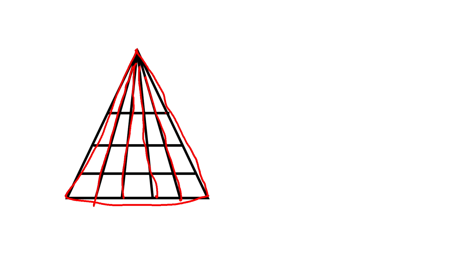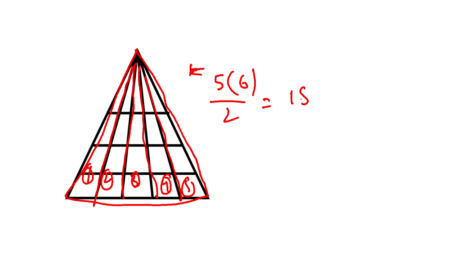For the time being, just forget these horizontal lines. Okay, so just 1, 2, 3, 4 and 5. So we will have triangles in this figure. 5 into 5 plus 1, 6 by 2, this will be 15. Okay, so 15 triangles for this one.